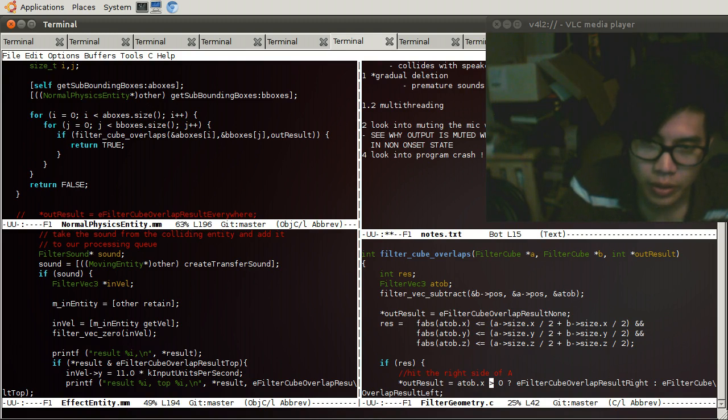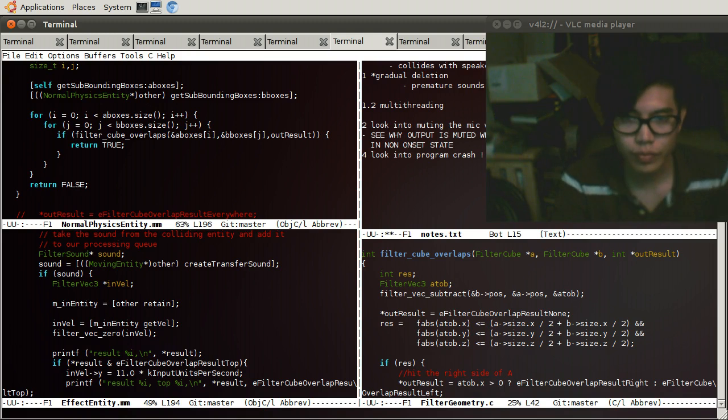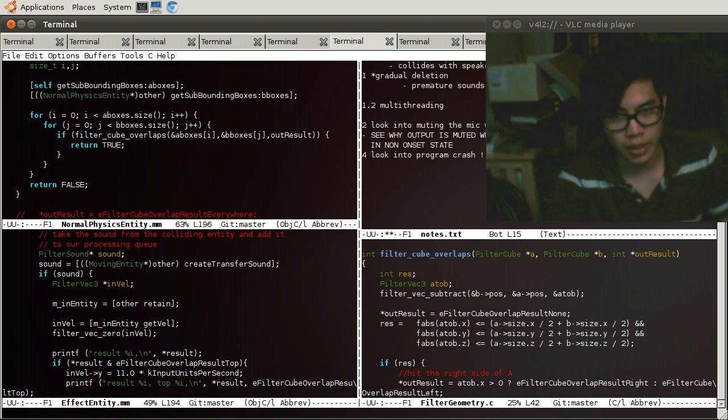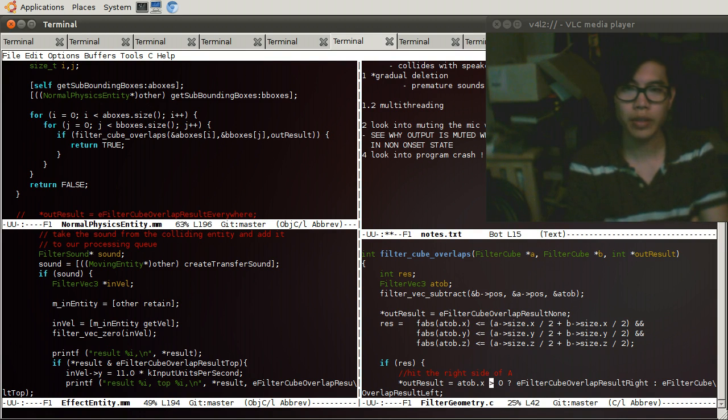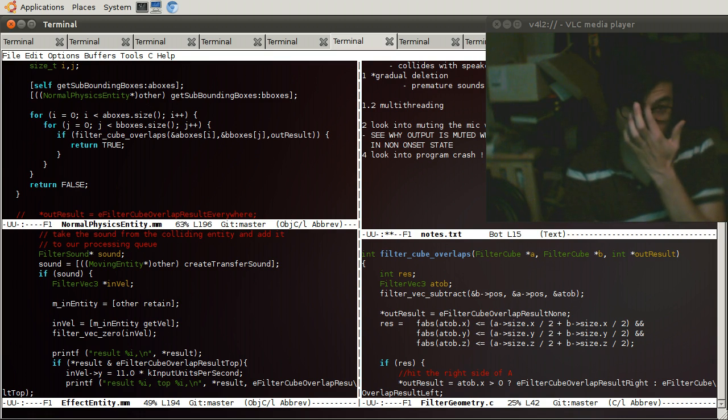A to B, we take B minus A, which gives us A to B, right? An arrow pointing from A to B. So if A to B is less than 0, then,